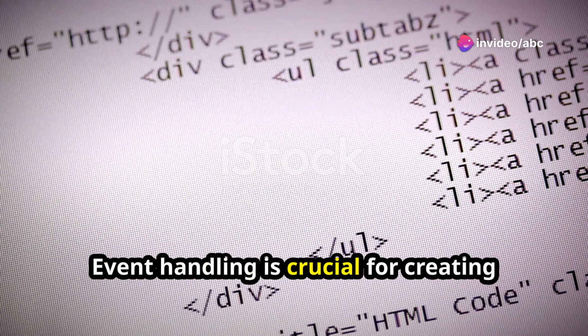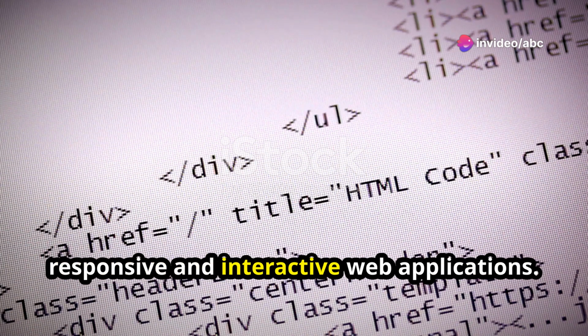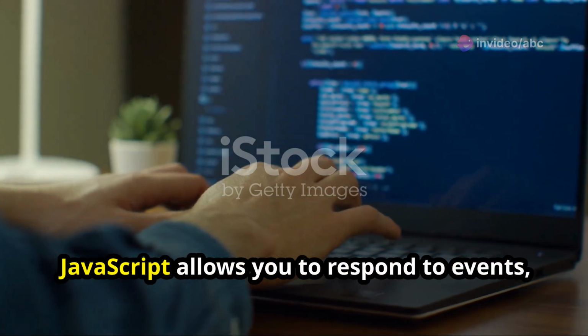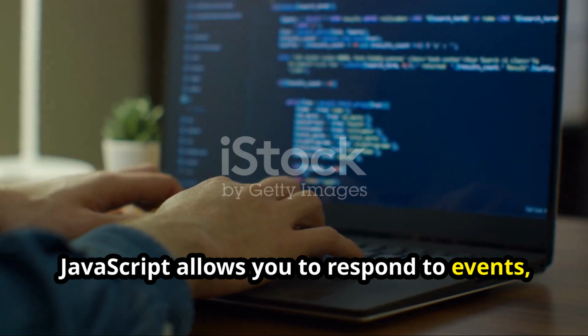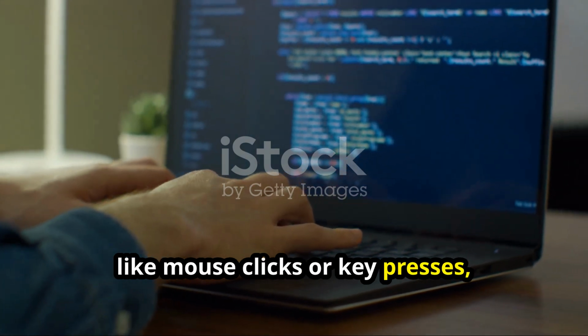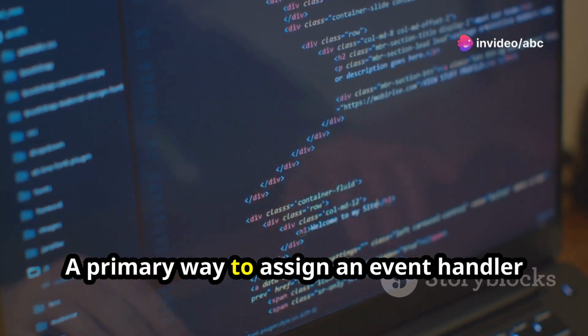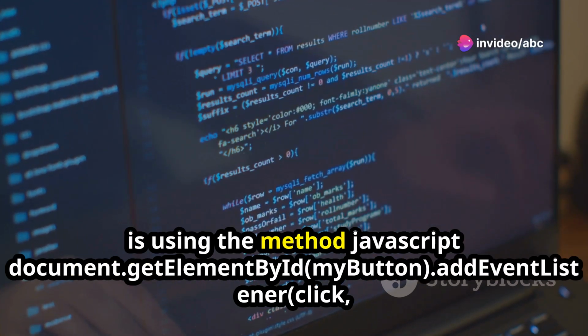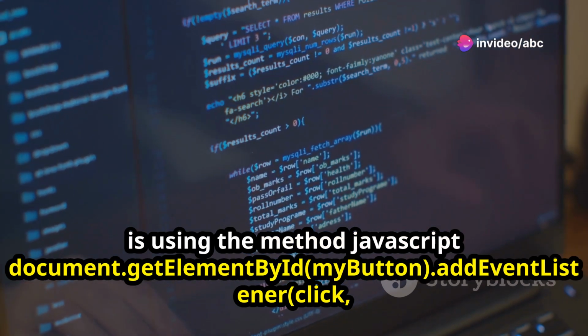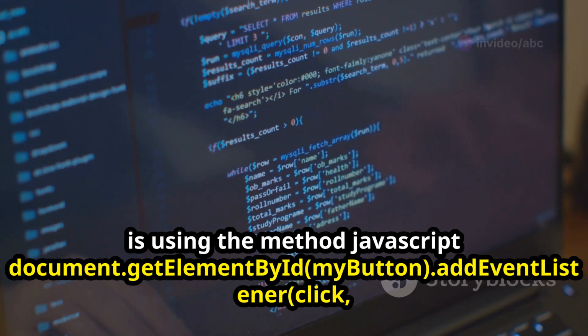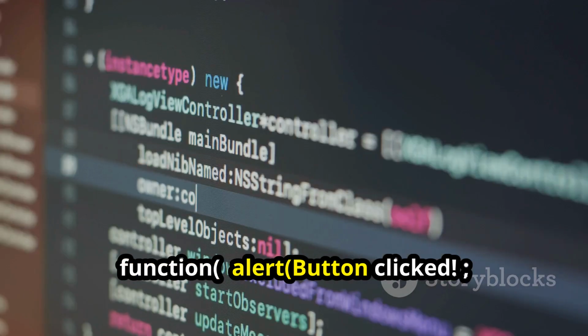Event handling is crucial for creating responsive and interactive web applications. JavaScript allows you to respond to events, like mouse clicks or key presses, through functions called event handlers or listeners. A primary way to assign an event handler is using the addEventListener method. JavaScript: document.getElementById("myButton").addEventListener("click", function() { alert("Button clicked!"); });